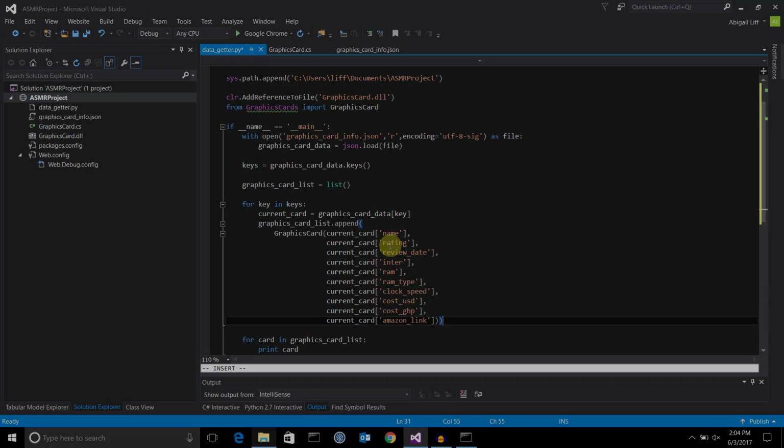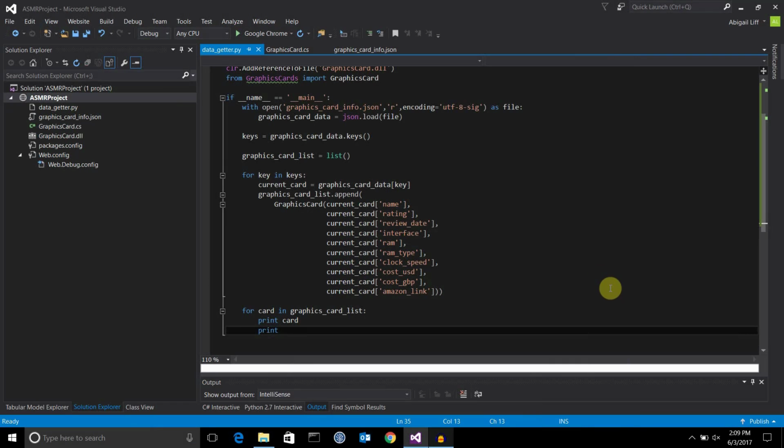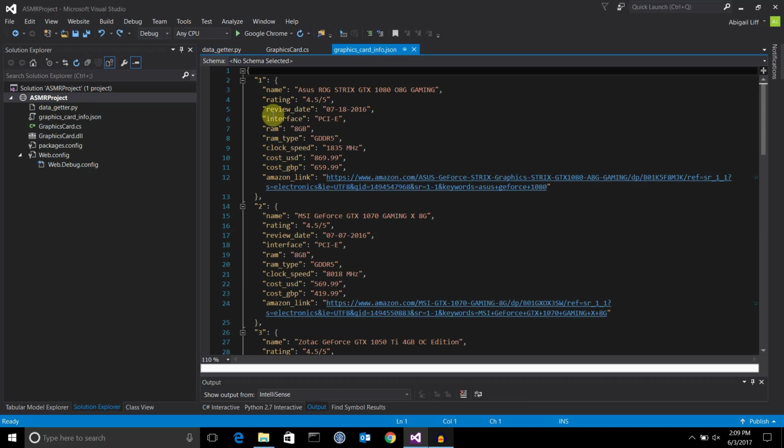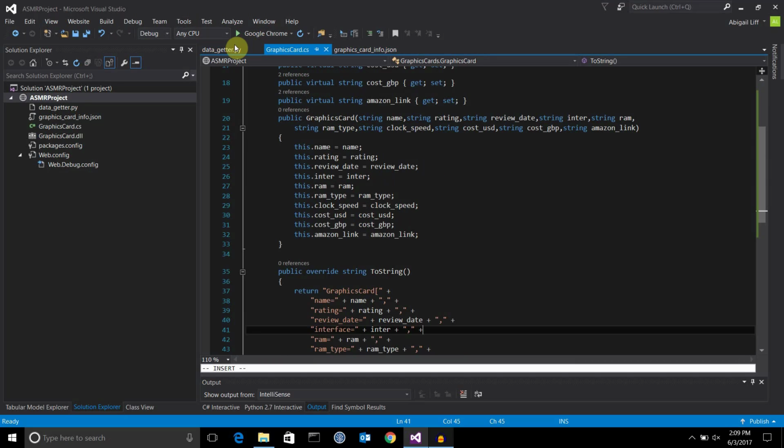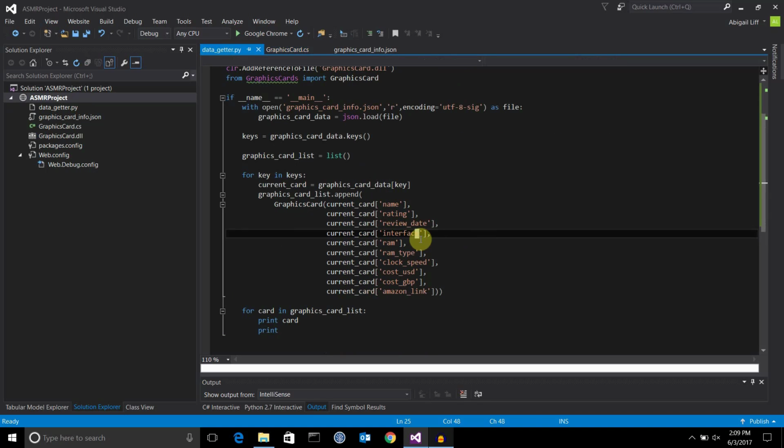Hi guys, so a couple of quick comments. I tested out our Python script a little bit in advance, and I found out that we should have had interface here on this line instead of just enter, because the actual key in the JSON file is interface. I just changed it to enter in here because it's a reserved C# keyword. So change that to interface, and then down here I added in an extra print statement, and you don't need this, but it'll just do a new line after each graphics card, and it'll just make it easier to read